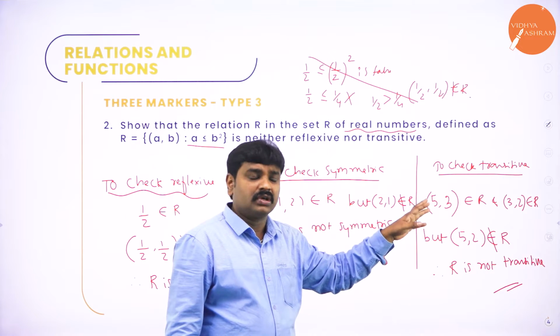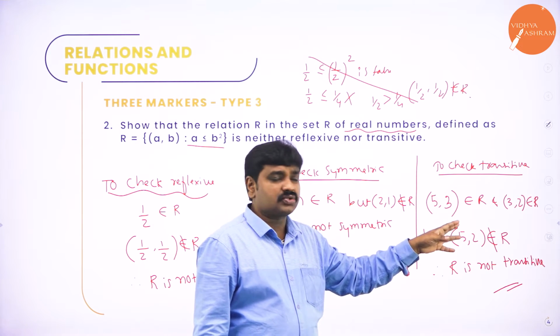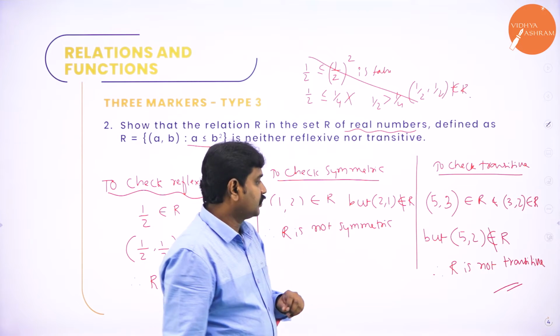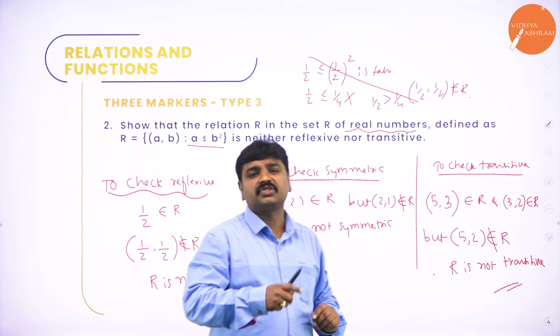Here 5, 3, 3, 2. 5, 3 belongs to R. 3, 2 belongs to R, but 5, 2 does not belong to R. So conclusion: the last problem and this problem both are